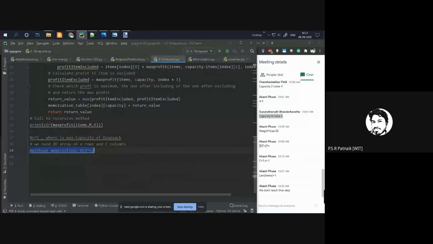But with memoization, what will be the complexity? Can you guess? Will it be n square? You might think it looks like n square, or it might once again look like n into c.